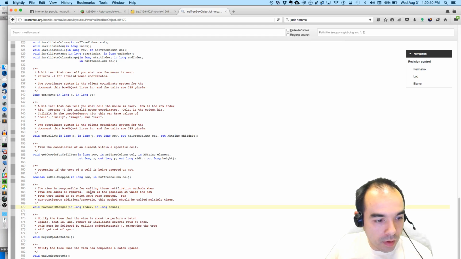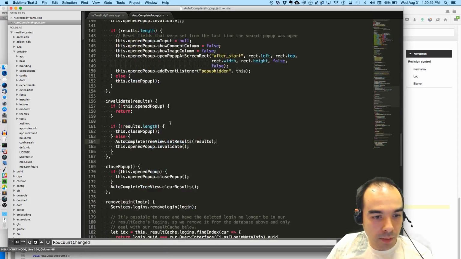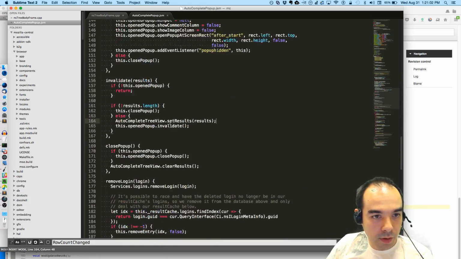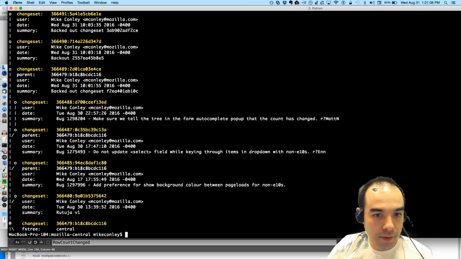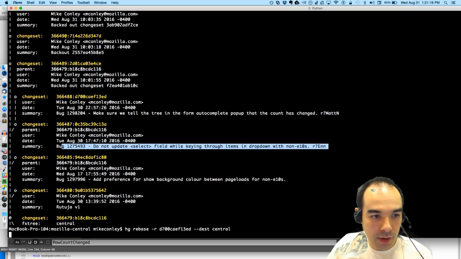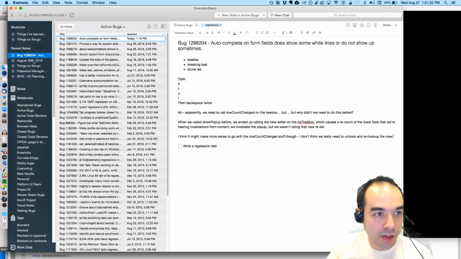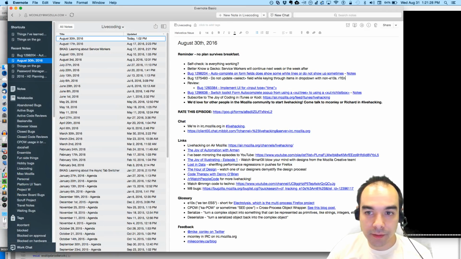You know what? We might want to just do the safe thing, which is to stick with the old behavior. So what I'm going to do is, instead of this change that I'd started to do here, I'm going to rebase that off of that onto central. Ooh, yeah, there was this other thing that I'm going to finish this bug for. I'm going to add that to the agenda for the review, because I think we're almost done this thing. I'll update that in just a sec with a link to the notes.